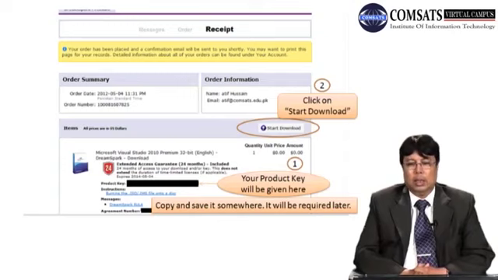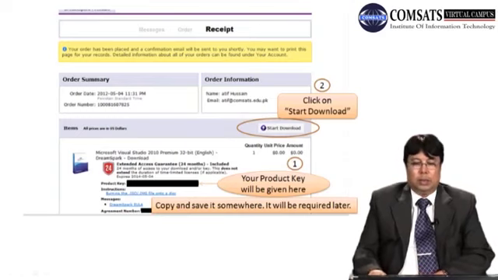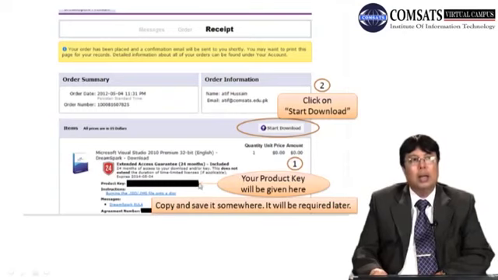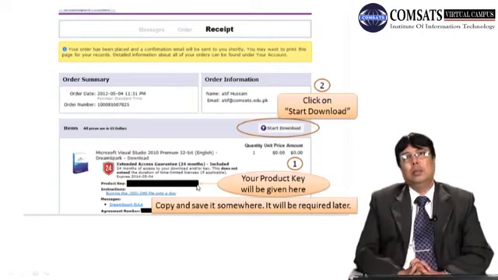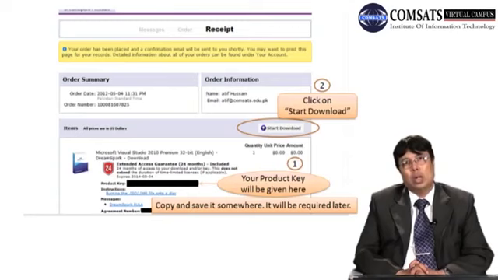Now here you have to be very careful. This black box will contain a key that will be a confidential key. That will be a key which will be required by Visual Studio to install Visual Studio on your computer. You can copy